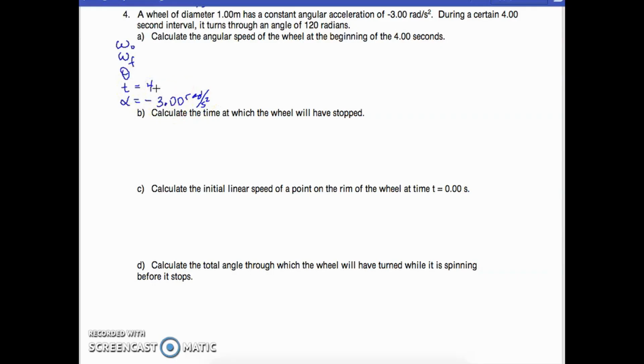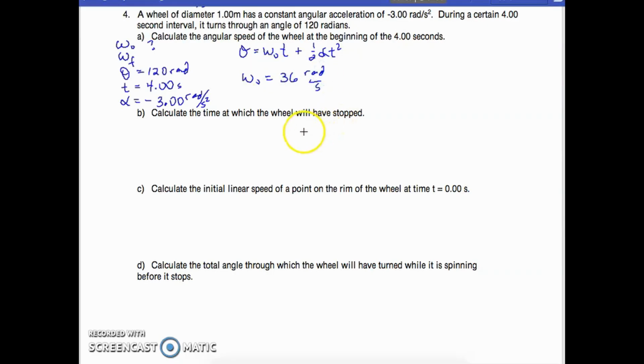So it's slowing down at 3 radians per second, and for a certain 4-second interval, it will turn through 120 radians. Question is, how fast was it going at the beginning of that time? So we can use our no VF equation, in this case no omega F, to calculate how fast it was turning at the beginning of that time. So we have 120 radians, 4 seconds, negative 3 radians per second, and then 4 seconds squared. So adding that to the other side and then dividing by 4 seconds, we get an original speed of 36